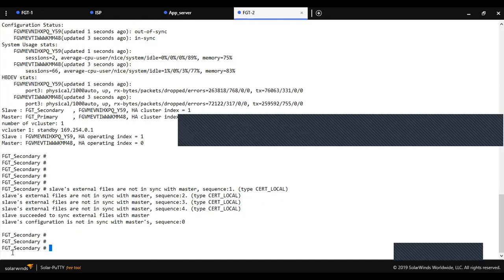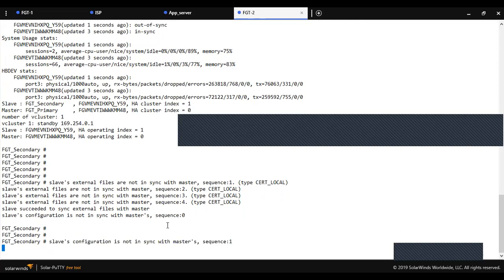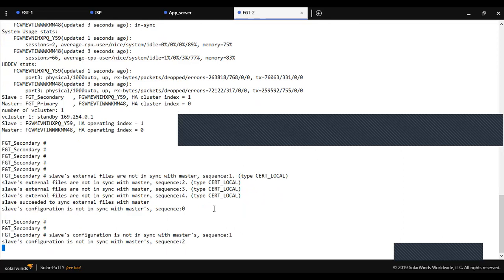As you can see, I am getting the message that the slave's configuration is not in sync with the master, because it will take some time. I am configuring in GNS3. If it is a real device, then it will sync within 5 or 10 minutes.